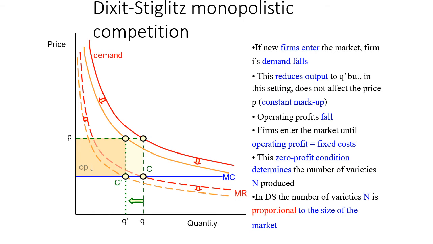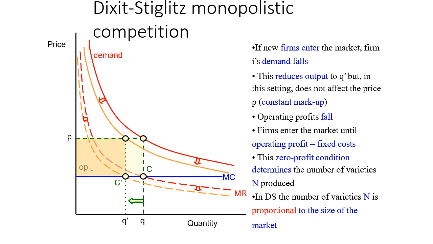It is that orange block, right? That's your operating profit. Initially, your operating profit was the little yellow block and the orange block together, right? But now you have a reduction, you lose the yellow block, and now there's less operating profit. And as long as that operating profit is more than the fixed cost, you're going to attract